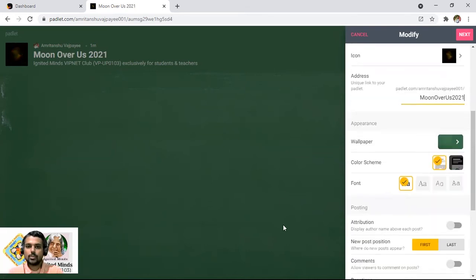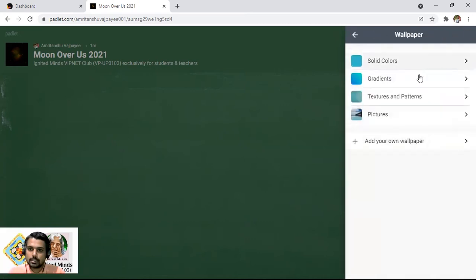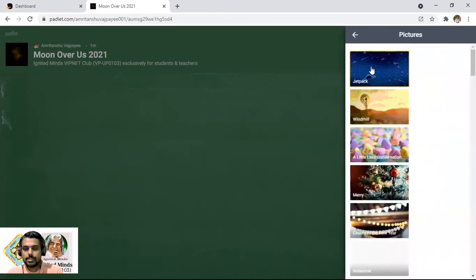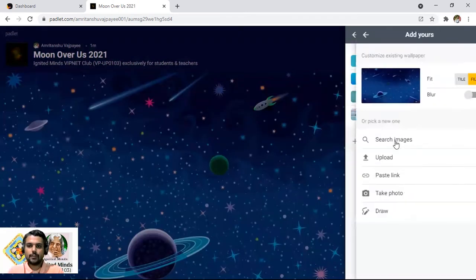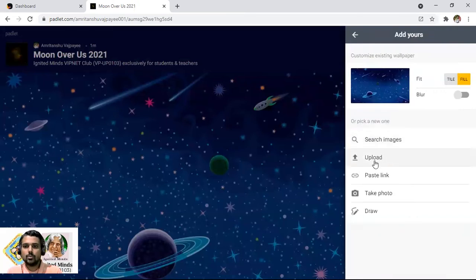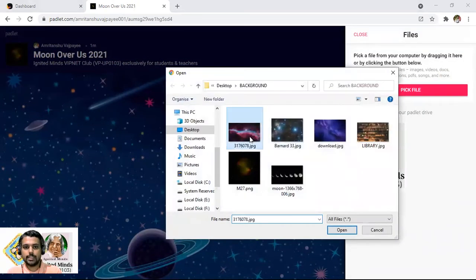Now coming back, you can even customize the appearance of your wall as well. So this wallpaper, in fact. So I am just going to see, solid colors are available, gradients, pictures are also there. So now let me see if I click on Jetpack. So Jetpack is also there. Or if I want to add my own wallpaper, let me upload, and I am going to pick up a file. Now let me pick up this file which is in front of me,